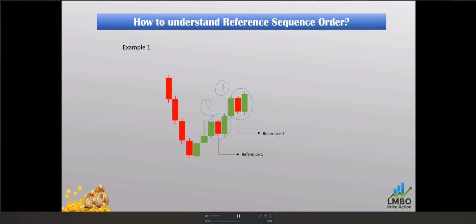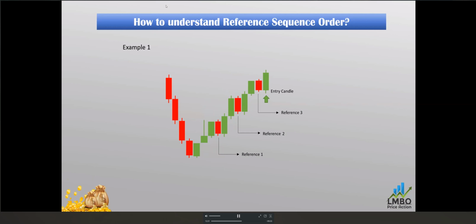Next time when the sellers enter the market, immediately we will go with the buy, because the market will follow the 3 times similarity. Like, sellers enter, immediately we are ready for the buy. This is reference number 3. And after this reference 3, the next candlestick will be the entry candlestick. Here we will buy, and immediately the market will move up.